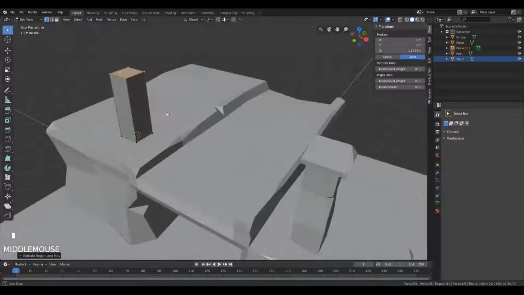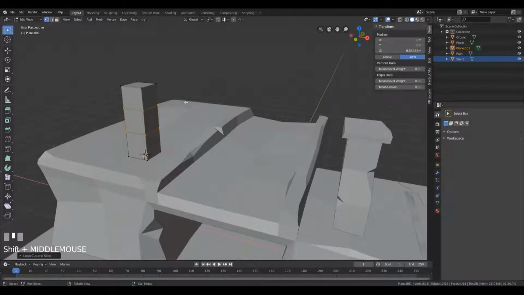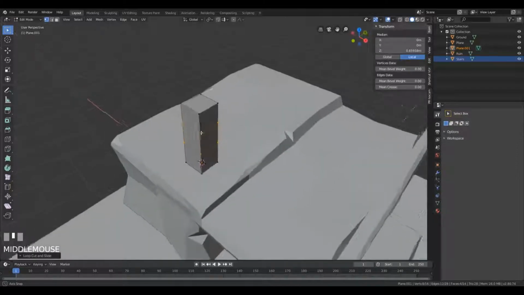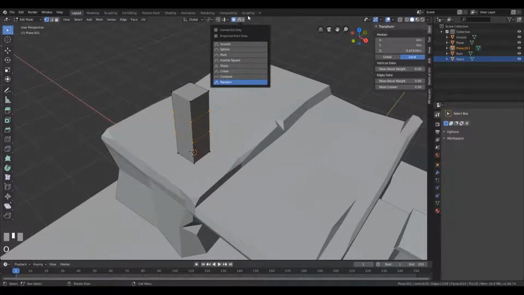And this will be pretty much the same process, so slice it up 2 times, Ctrl R, then mouse wheel the number of cuts and confirm. And we can play with the shape here too, but right now if you're feeling lazy to move these vertices manually, you can always enable proportional editing with O, and since we left the random falloff